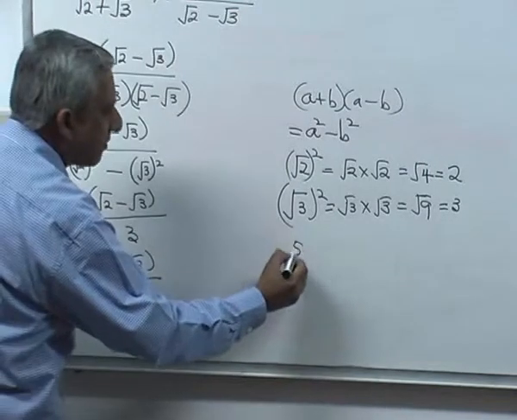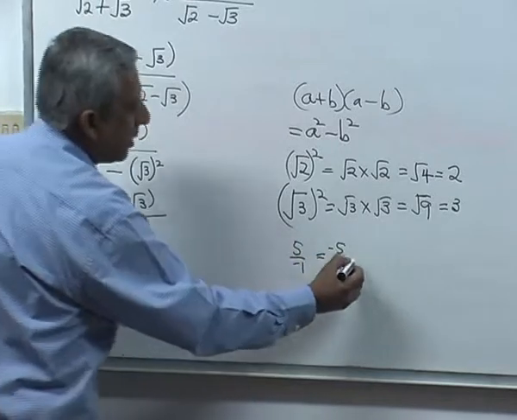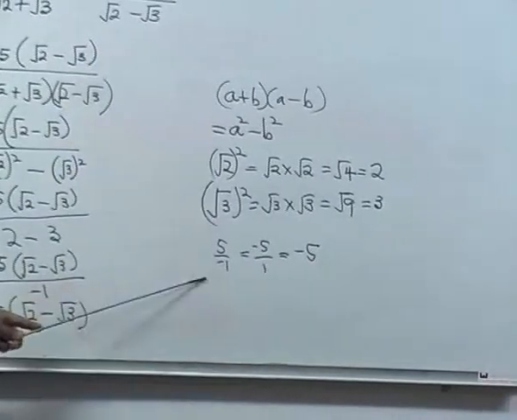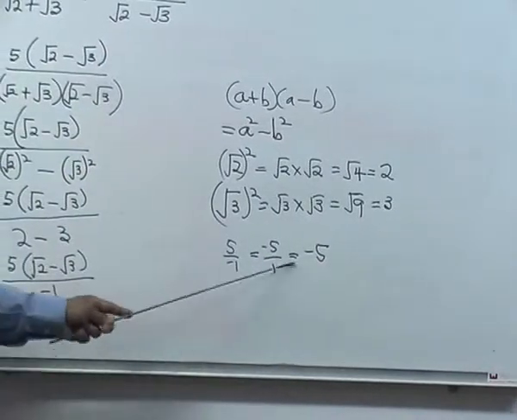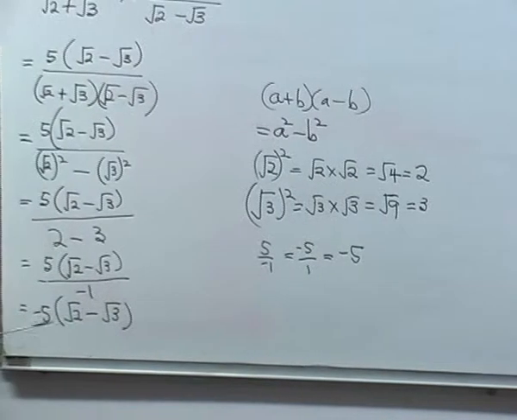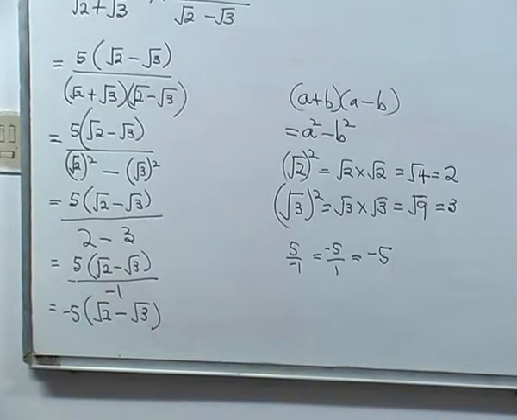Remember, 5 over minus 1 is the same as minus 5 over 1, which is the same as minus 5. So 5 over minus 1 would be minus 5. Alright? So that's rationalizing a denominator where you got